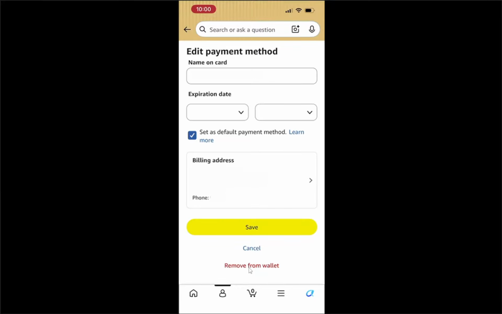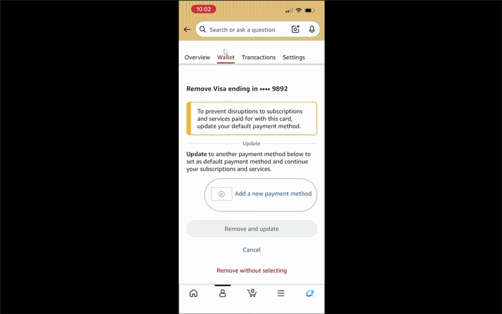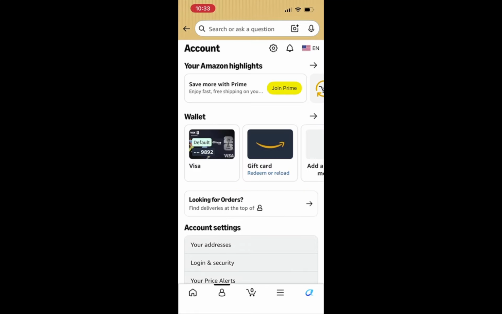The app might slightly dim the background and bring up a short confirmation prompt so you can double-check your choice before final removal. To finish, confirm by tapping Remove or Confirm on that prompt. The screen will update, and the payment method disappears from the list, showing that it is no longer linked to your Amazon account. If it was your only payment method, the list may now be empty until you add another one later. You have now successfully deleted a payment method from your Amazon app,